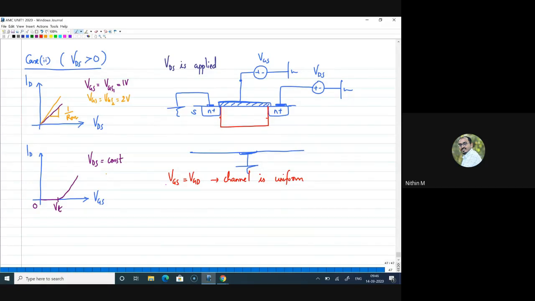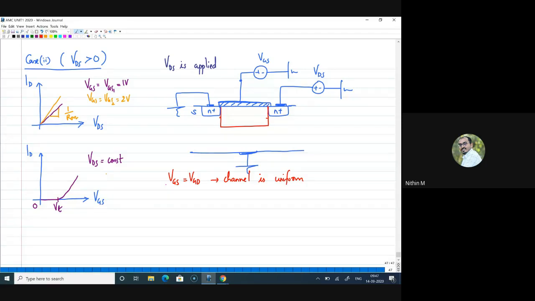Can many MOSFETs share? Yes, Lex. Many MOSFETs can share the same substrate. Yes, that is true. Irshad, yes, please go ahead. Lex, I'll give clarity on that now. Irshad, what is your question? Are you telling you have no questions? Okay, sure. Lakshya, I'll come to your question at the end of the class.